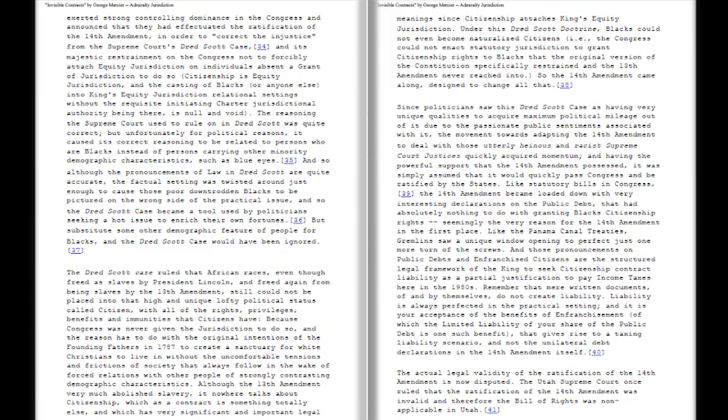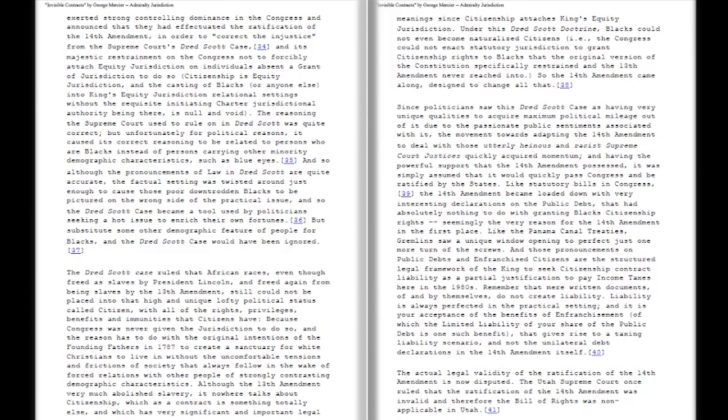But substitute some other demographic feature of people for blacks, and the Dred Scott case would have been ignored. 37. The Dred Scott case ruled that African races, even though freed as slaves by President Lincoln, and freed again from being slaves by the 13th Amendment, still could not be placed into that high and unique lofty political status called citizen, with all of the rights, privileges, benefits and immunities that citizens have, because Congress was never given the jurisdiction to do so, and the reason has to do with the original intentions of the Founding Fathers in 1787